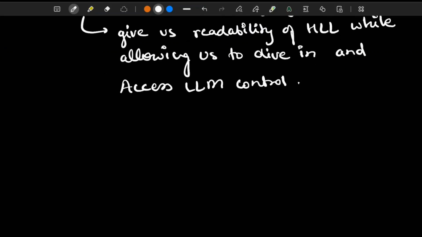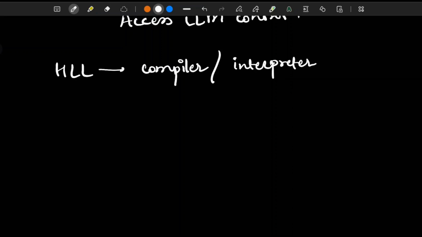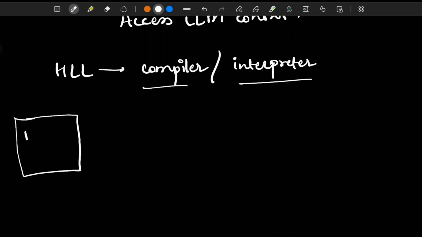So, how does that high level code become machine code? That's where the compiler and the interpreter come in. Basically, we write our code in a programming language, and it is passed through a compiler or interpreter.